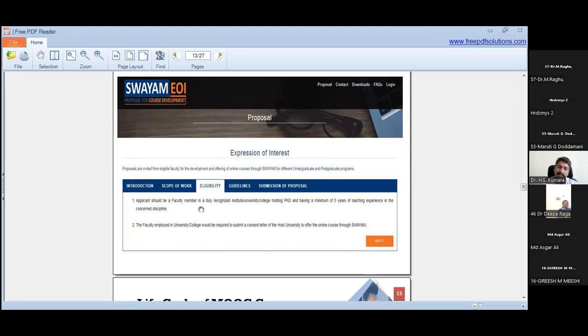Another interesting thing: under the National Education Policy 2020, the Government of Karnataka introduced two important, notable initiatives. 13 universities were selected for developing a MOOC lab. They gave funding for the MOOC lab as well as for community radio. Each university should have a community radio, and whatever content is delivered needs to be transmitted on the community radio.